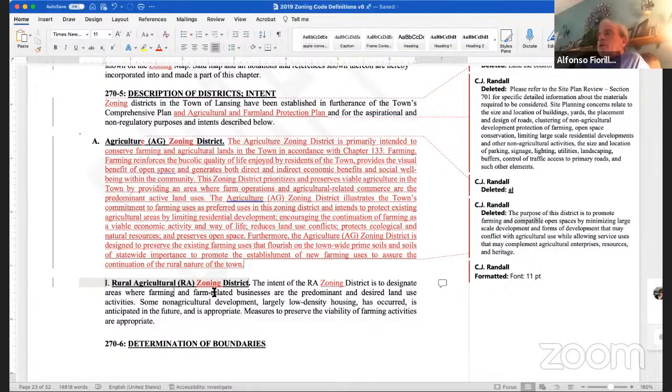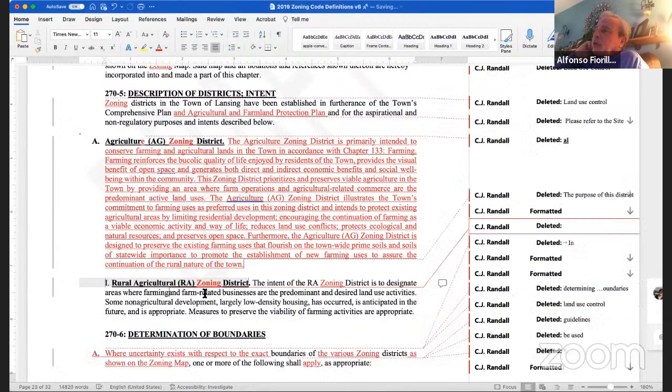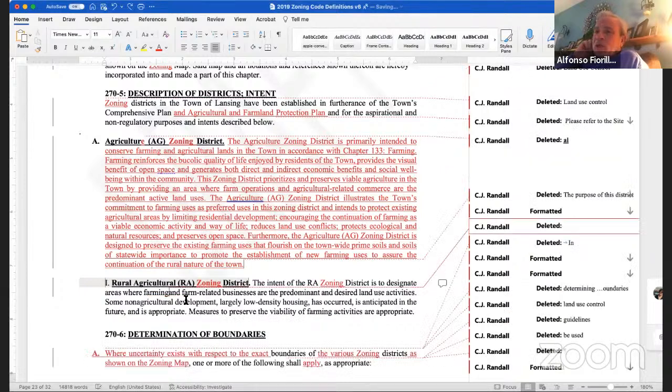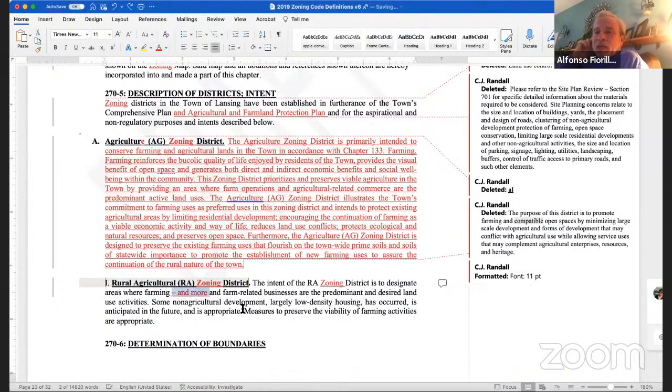No, I understand. Back to that, we were talking about the RA and it came up at the meeting. Educate me. I thought the planning board at one time wanted to see the RA in the hamlet of North Lansing and the hamlet of Lansingville. Can anybody expand on that? Was that correct or not?